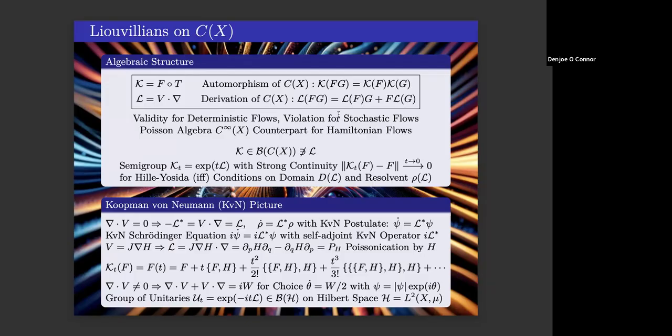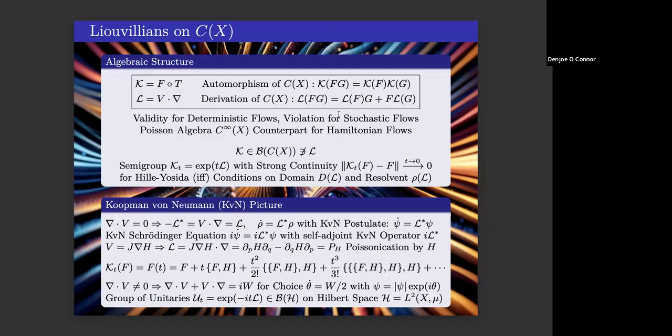And if you have, for instance, a Hamiltonian setting, your vector field would be given by the gradient of the Hamiltonian, in coordinate-dependent notation. And with the symplectic matrix, you can write it like this, and then again you have as your Liouvillian the Poisson bracket with the Hamiltonian, and the Koopmanian would just be this,